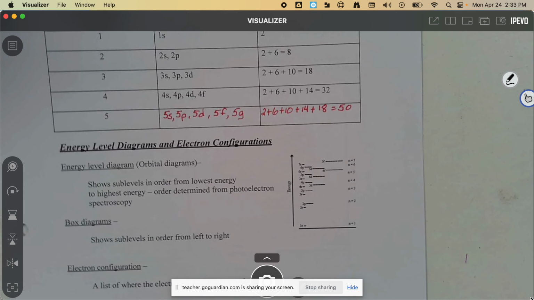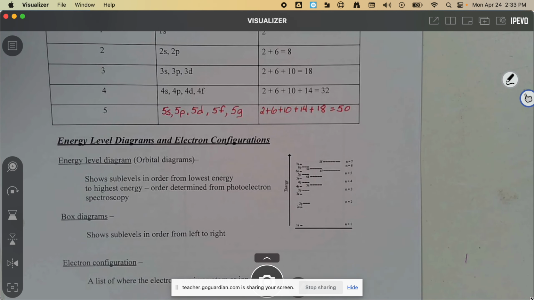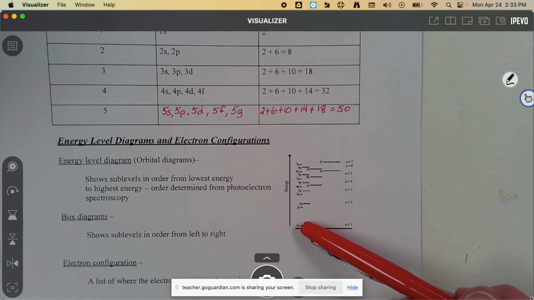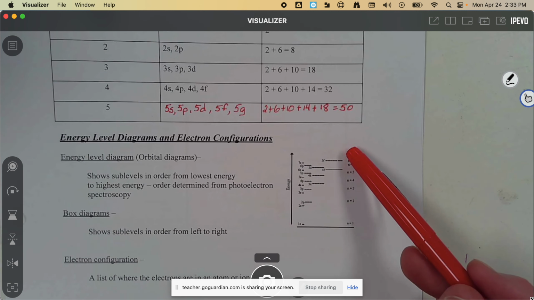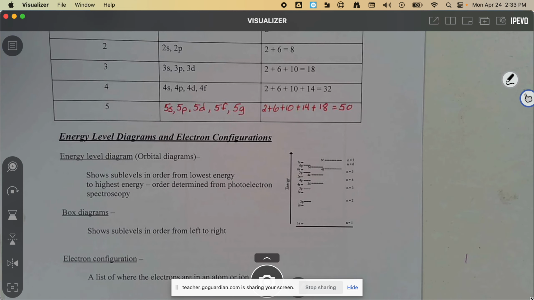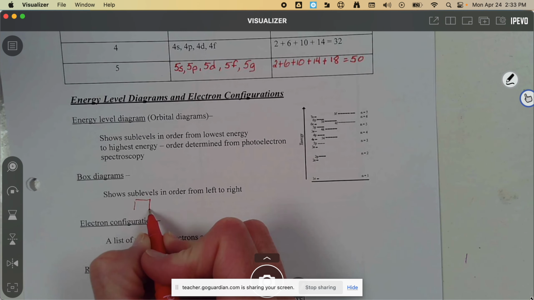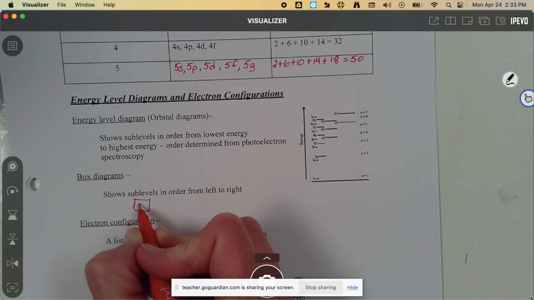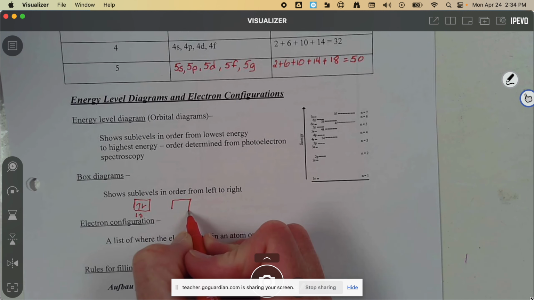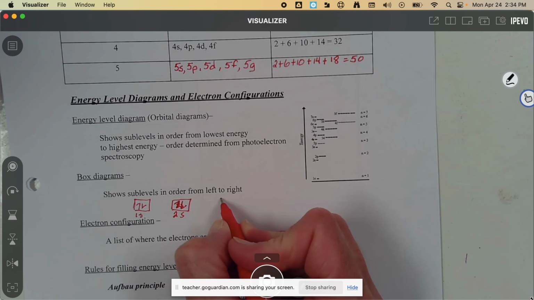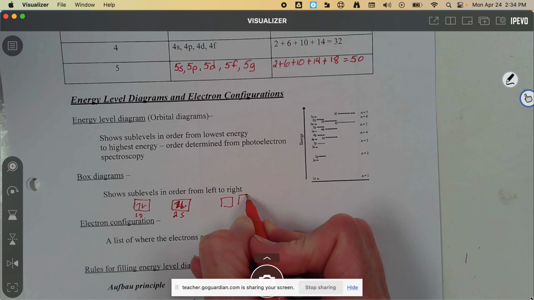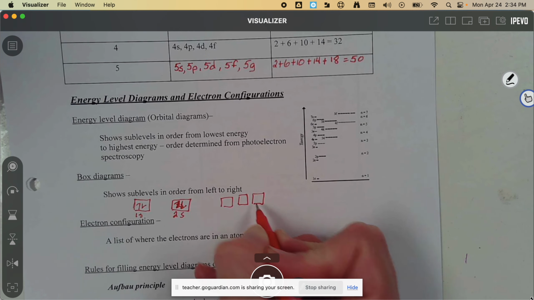You learned to put electrons into energy level diagrams, which showed these in order from least energetic to most energetic. You've hopefully seen the box diagrams. So here would be the 1s. Here would be, whoops, 1 up, 1 down. Here would be the 2s. And then the 2p sublevel, because it has 3 orbitals,